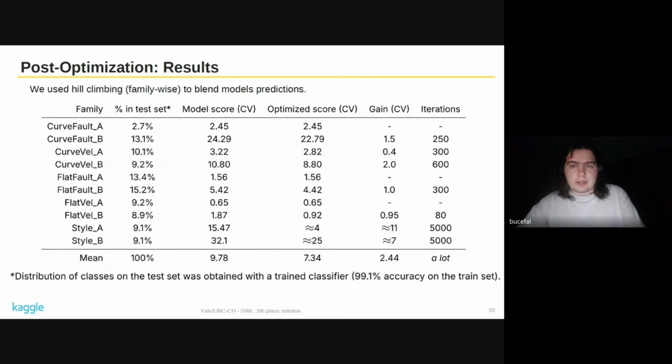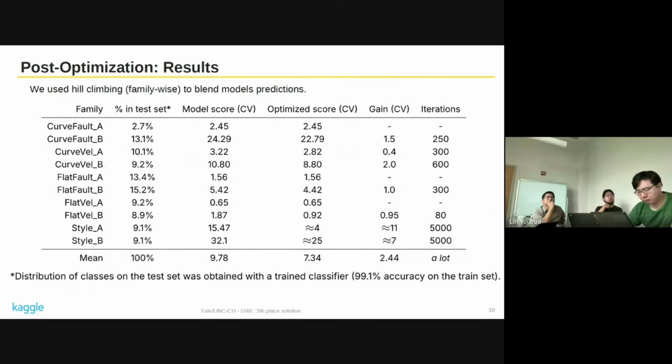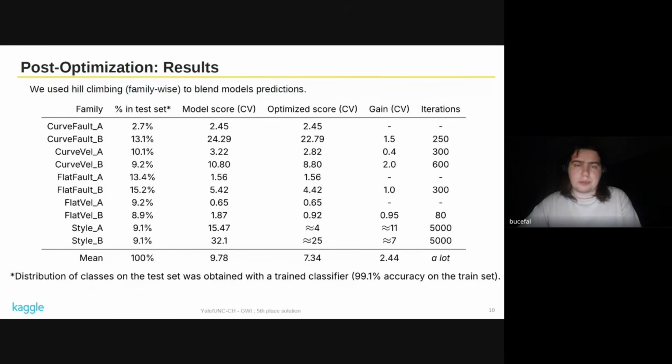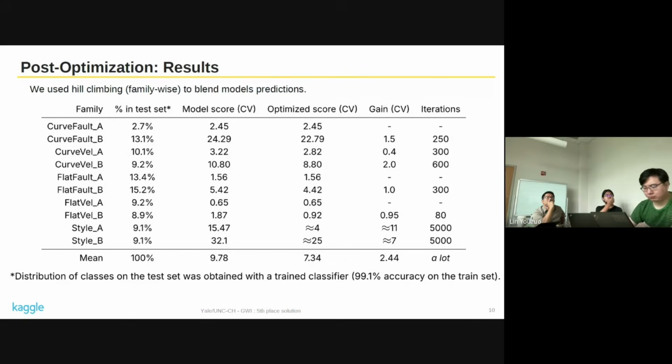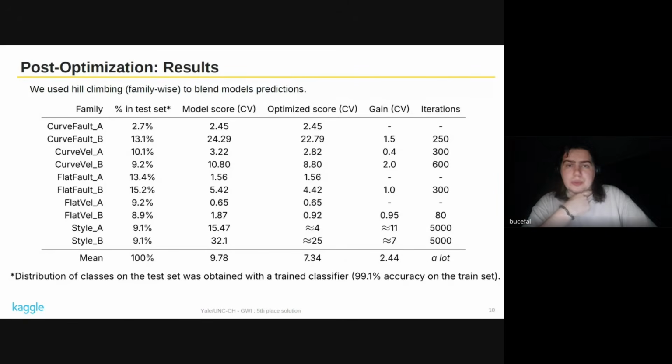And our final results are presented here. In the end, we used hill climbing family-wise to blend model predictions. Here I have to emphasize that we created classification models with high accuracy, 99.1, so we were able to distinguish classes pretty well.